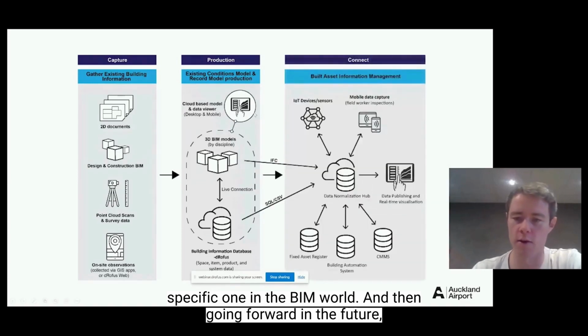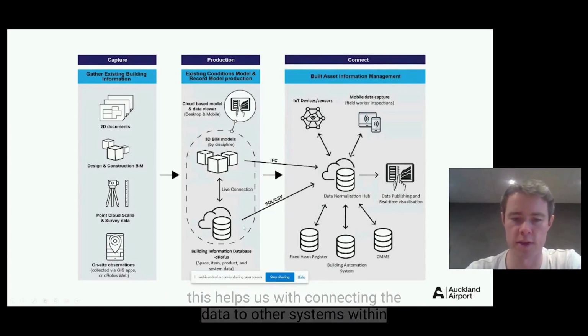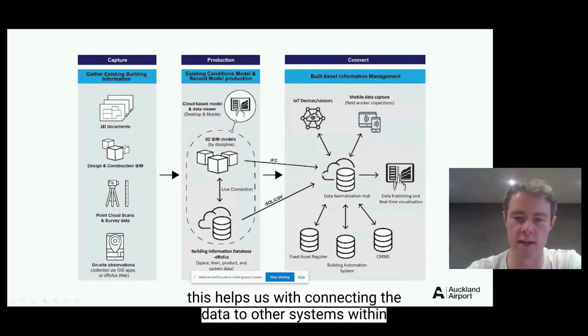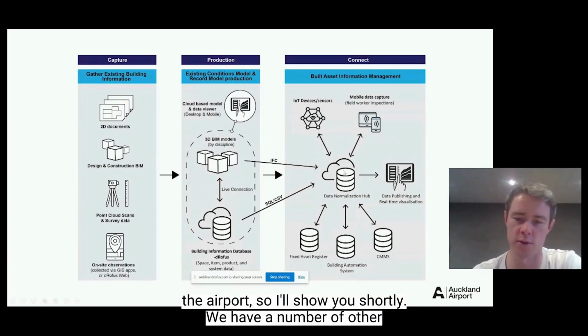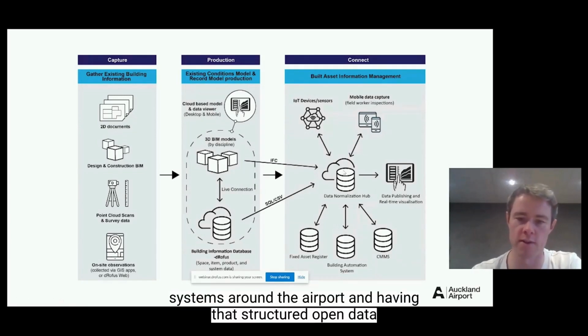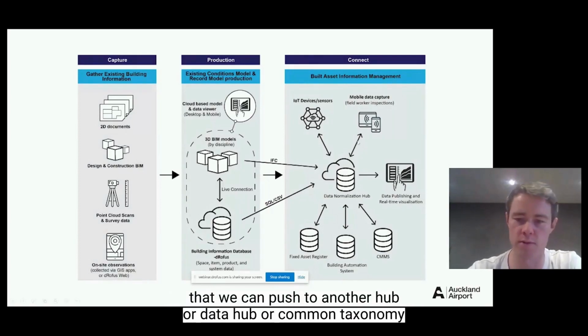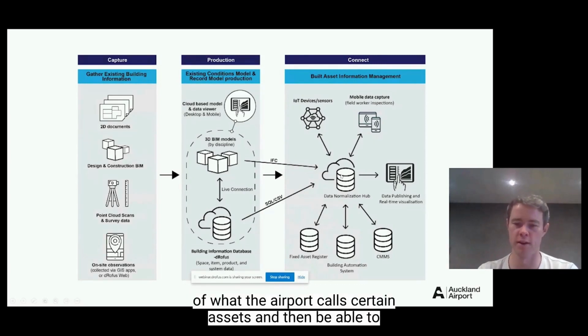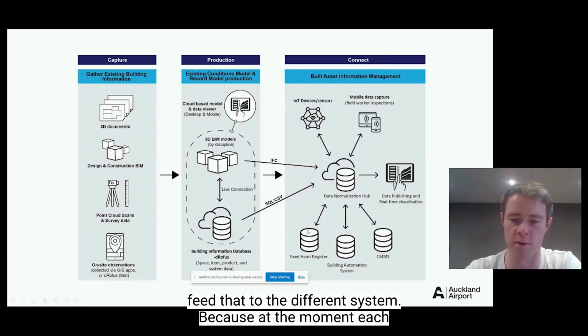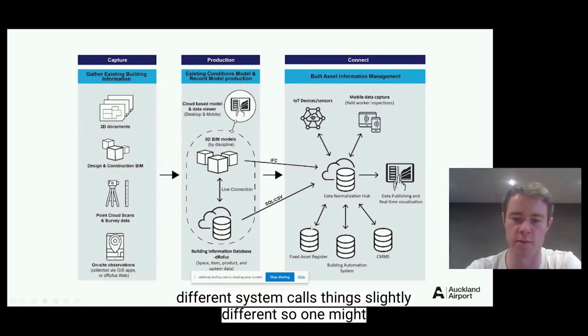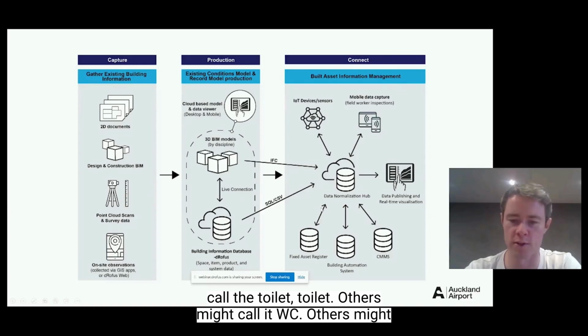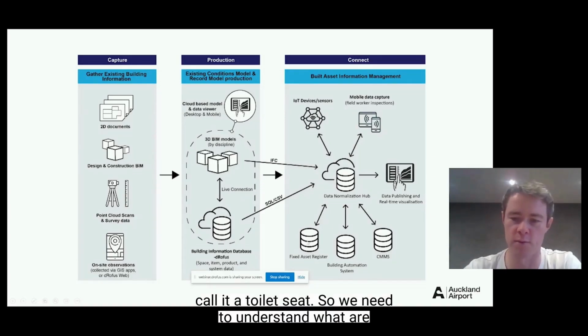And then going forward in the future, this helps us with connecting the data to other systems within the airport. So I'll show you shortly, we have a number of other systems around the airport, and having that structured open data that we can push to another hub or data hub or a common taxonomy of what the airport calls certain assets, and then being able to feed that to the different systems, because at the moment each different system calls things slightly different. So one might call a toilet, others might call it a WC, others might call it a toilet seat. So we need to understand